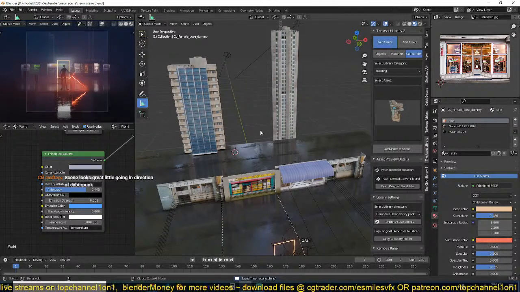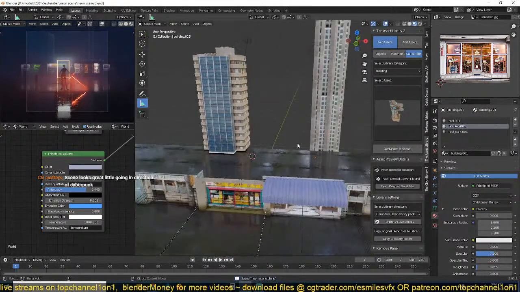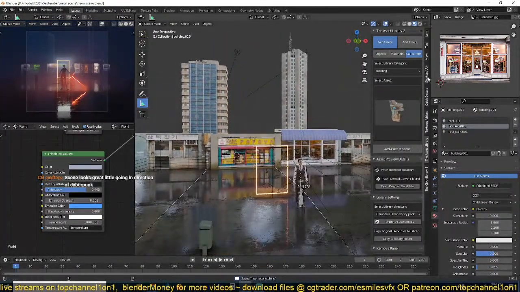Scene looks great. Little going in the direction of cyberpunk. Yeah, that was the idea. Get something like that. Maybe not in the beginning, but I think